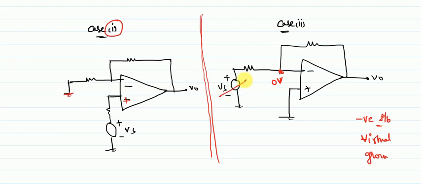Now if you vary the source voltage, the current entering through this resistor will vary, and because the current into the op amp terminal is 0, the same current will enter through this. It doesn't matter how much voltage you apply here, but the thing that is accepted here is in the form of current. Hence the inverting terminal is called the current summing node.